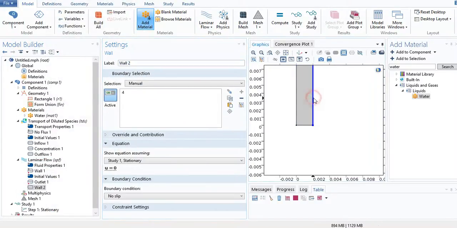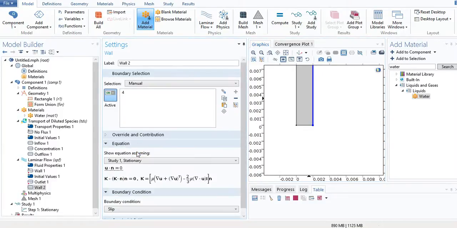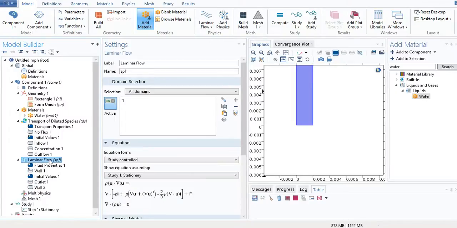Click on the right wall here, and let's go to the boundary conditions and change the no slip condition to slip condition. And finally, the inlet has to be defined. So let's go to laminar flow, right click,